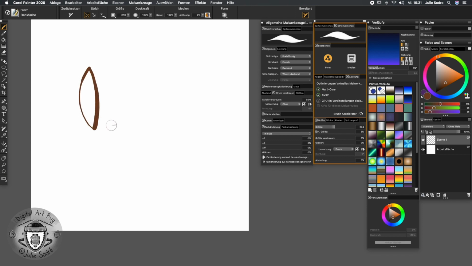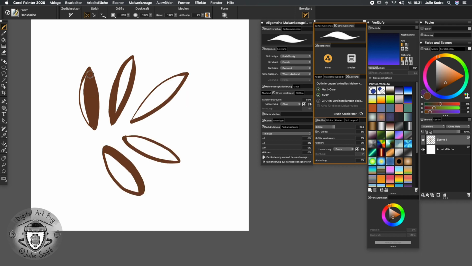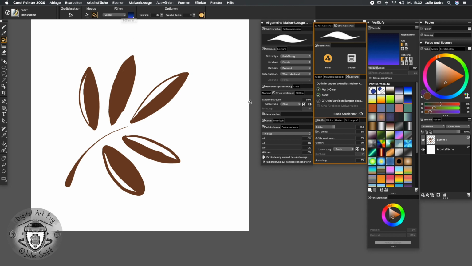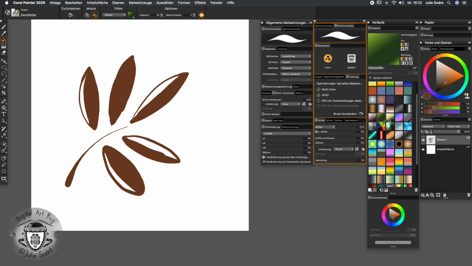Okay, this is looking quite good. And I'm going to be drawing a few leaves. I'm making this quite fast. And after I did the drawing and I filled it up, I'm going to select the filling tool, be sure that I'm on the filling mode of gradients. I'm picking up a filling gradient, which is quite green,